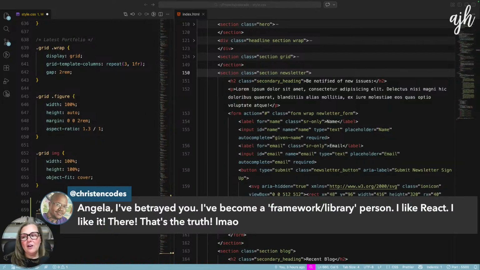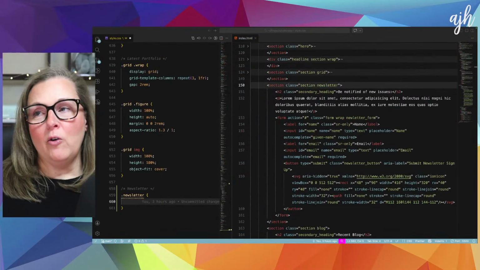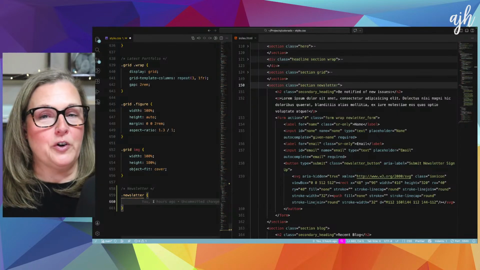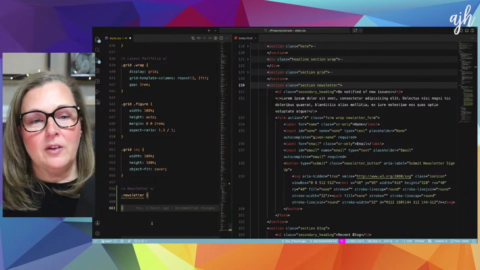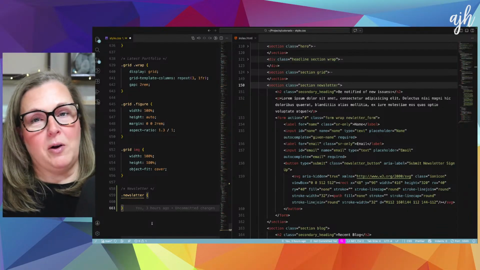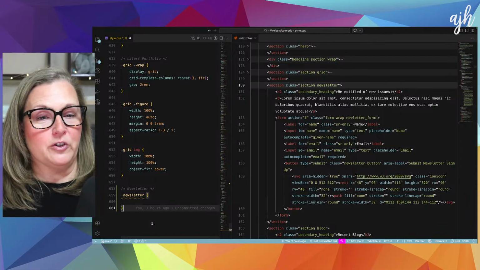I only want people to understand vanilla because I still think it's important if you're a front-end developer to understand vanilla. My friends, you can't get a job if you don't know a framework or a library. It's not possible. Maybe it was 10 years ago, when I was first starting out.